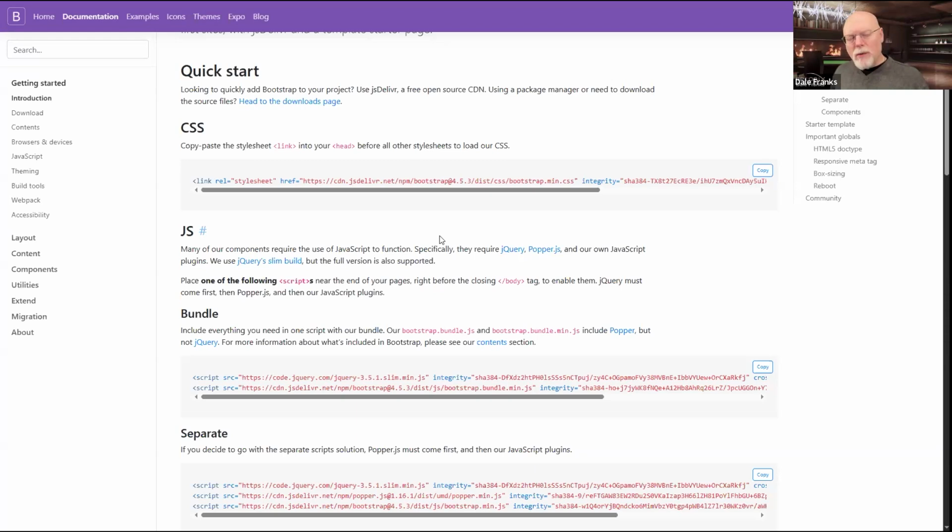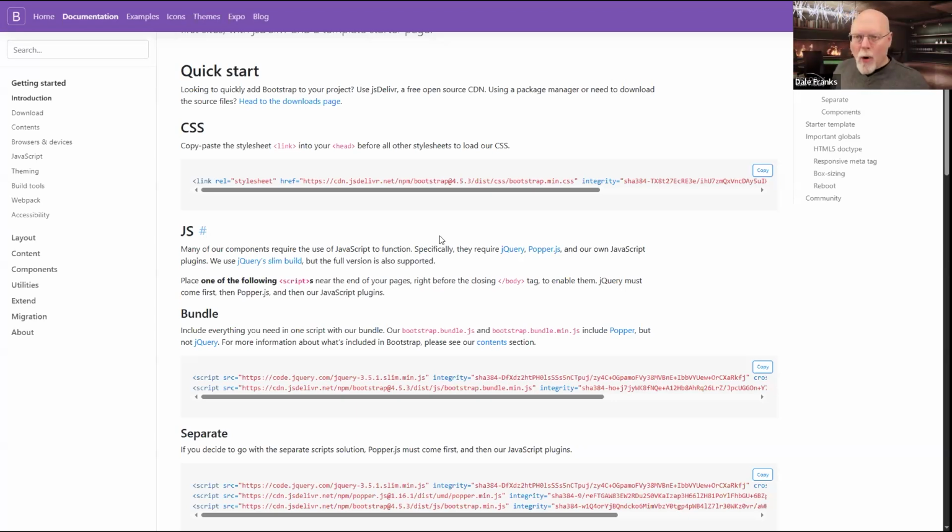I don't want to get too deep into an explanation of Bootstrap. You really do need to understand the basic Bootstrap architecture before you use the responsive layout controls. And if you want to understand that architecture, the documentation is at getbootstrap.com.